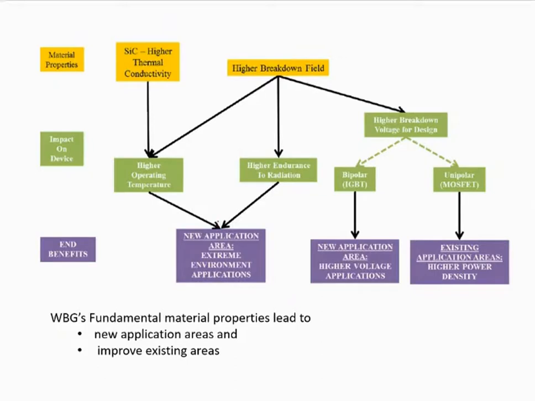And since these devices can be used for high voltage and high temperature conditions, there are several areas which need your devices to operate in harsh environment conditions. For them, these devices are very popular. And the applications when you need very high power density, for example, aerospace applications, sometimes electric vehicle applications, where you want your device to be as compact as possible, its weight and volume should be much lesser because you have to carry the device along with your vehicle or for aerospace application.